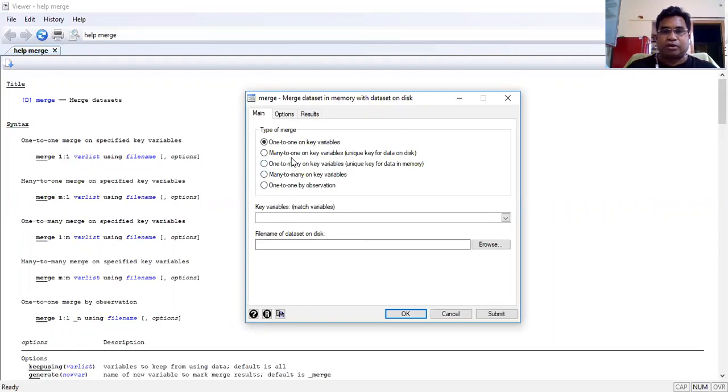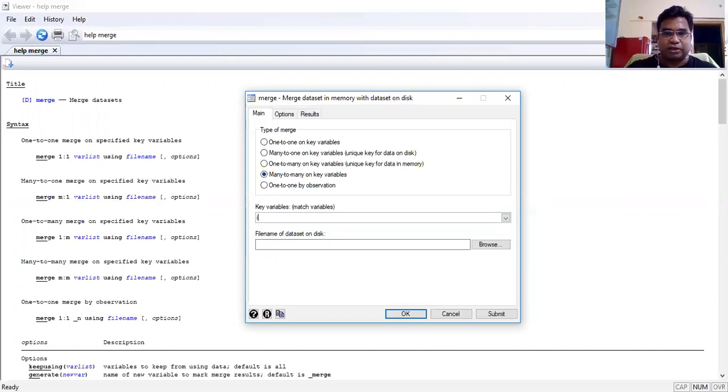There will be several options to merge. In that several options, you will see there is 1 to 1 on key variables, many to 1 on key variables, then 1 to many on key variables, many to many on key variables. So what I will be using, I will be using many to many on key variables.